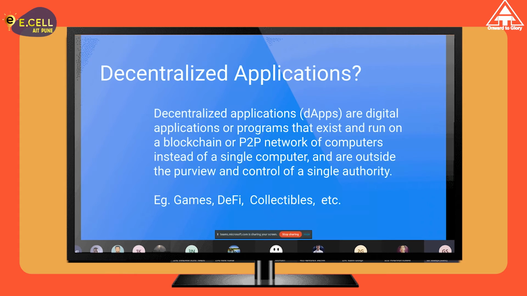For other external integrations like games, currently games also have in-game collectibles or tokens which are actually blockchain NFTs or blockchain tokens.